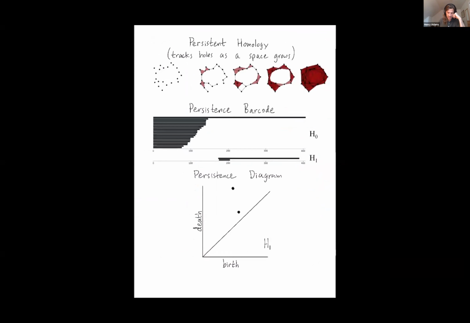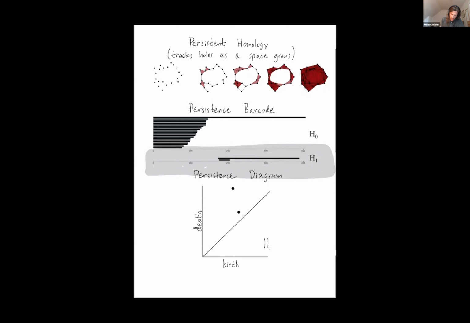A dual representation instead of the barcode is as a persistence diagram. So let me briefly say how you go from the barcode to the diagram. I'll draw the diagram where I include the one-dimensional persistent homology information. So the one-dimensional holes. All right.